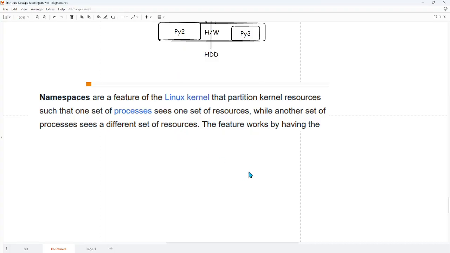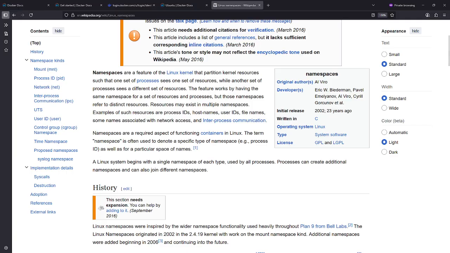They use another concept, which we call cgroup.